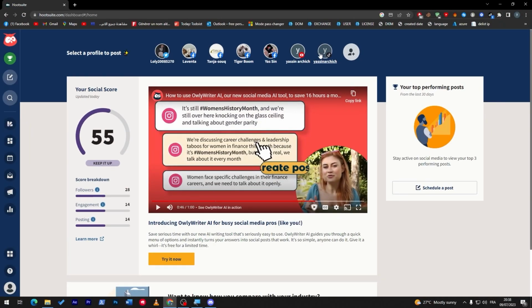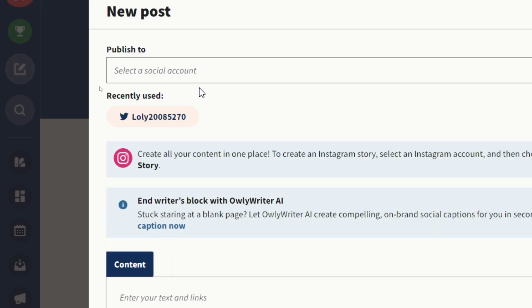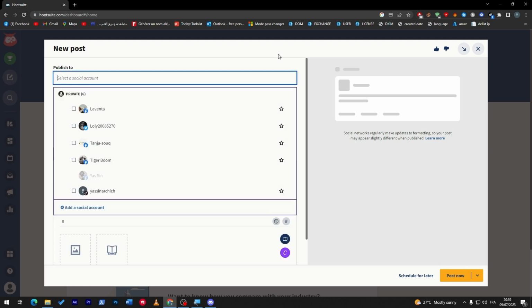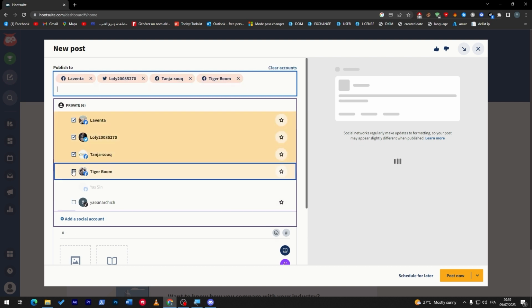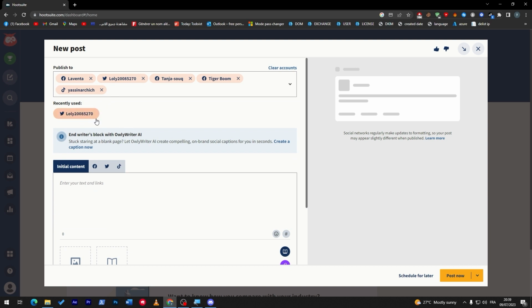Now, how can we manage each one of these? By using Hootsuite. Is it impossible? No, it is actually possible. If I go right over here and click on create, you can choose to either post, pin, or use a YouTube video. So let's choose post for now. Here we can post to multiple accounts. Let me click here and show you how many accounts I can choose. I can choose this Facebook account, Twitter, Facebook, TikTok,